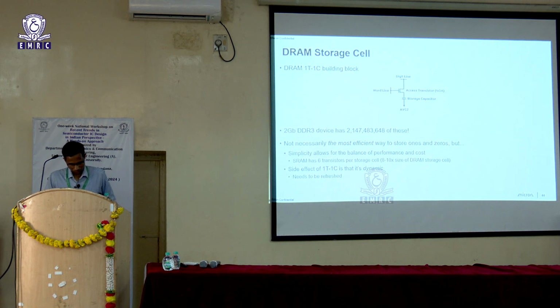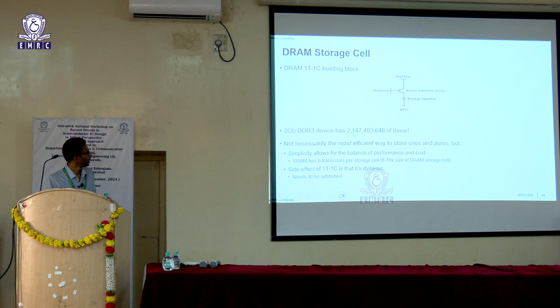So let me just focus on the DRAM cell a bit. We talked about the 1T 1C cell, the primitive cell that we use for DRAM construction. Here we have your word line and your digit line. These are the two most important knobs for accessing your bit information. And by the way, the bit is stored as charge or voltage on the storage capacitor. The other end of it is typically grounded, or you could have a reference voltage here.